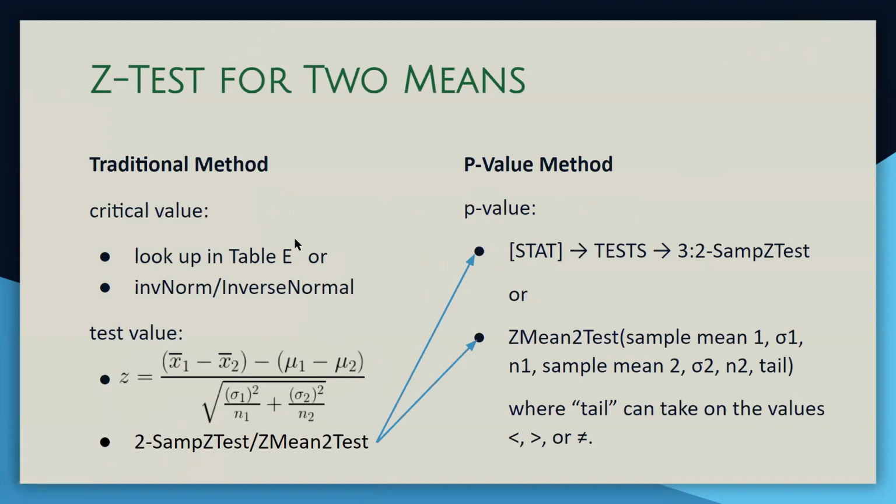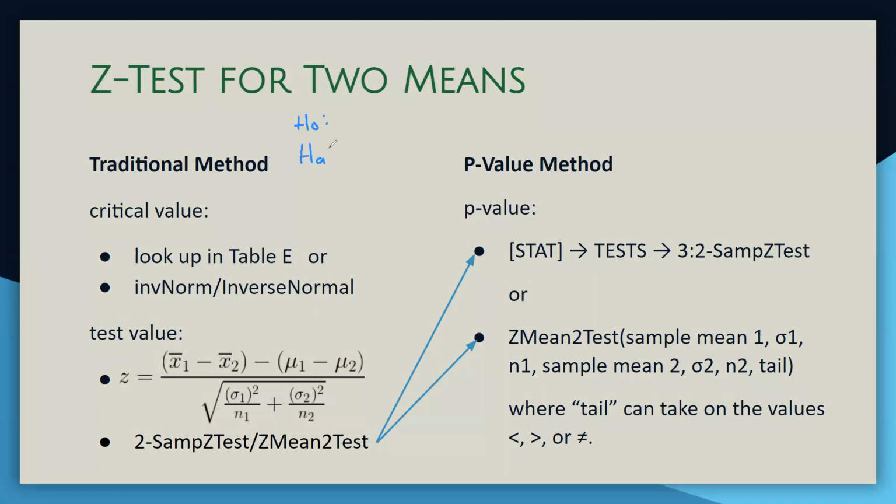And if you like doing the traditional method and you like doing things by hand, there is an important thing to know. In most word problems, they're going to give you two sample means. They're not going to give you two population. And the reason they do that is when we write our hypotheses,